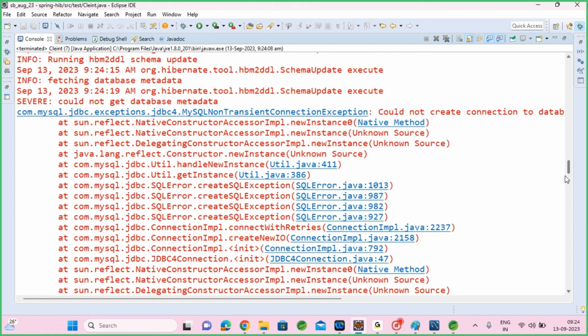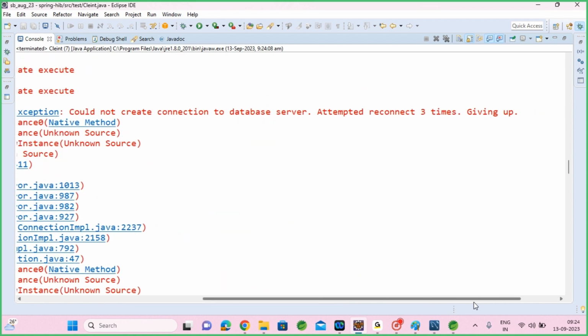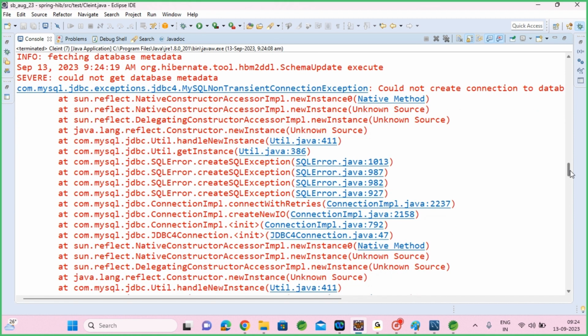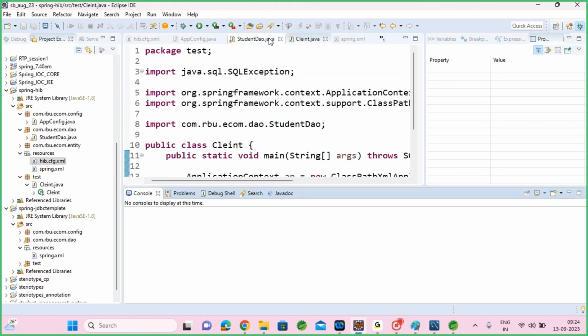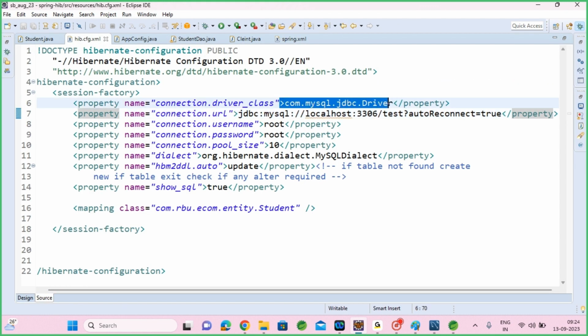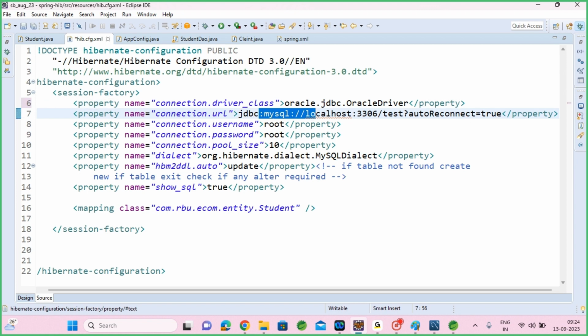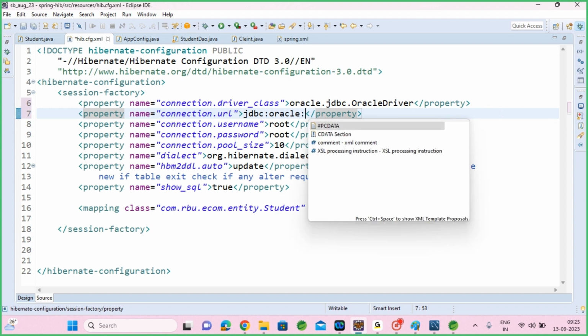MySQL non-transient: could not create connection to database server. Attempt to give up. Cause: SSL issue. I'm done with MySQL. Let me see, Oracle driver here: oracle.jdbc.OracleDriver. Here the URL is called jdbc:oracle: